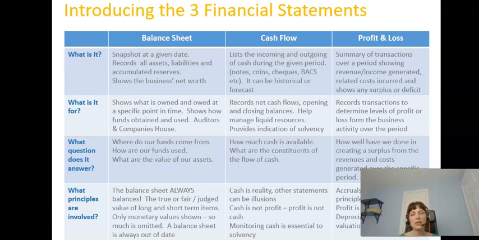So the balance sheet looks at a certain period of time. This will tend to be annually from the government's point of view, but it can also be quarterly that they look at it. And it looks at all the assets, so that's everything you own, everything that's a plus, if you like, all the good stuff, the stock that you've got, the intellectual property you've got, and then you look at all the liabilities, so everything you owe. And the idea is that they balance together and they show the position of the company at one point in